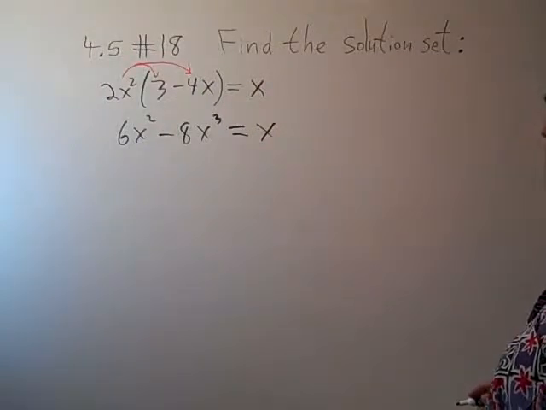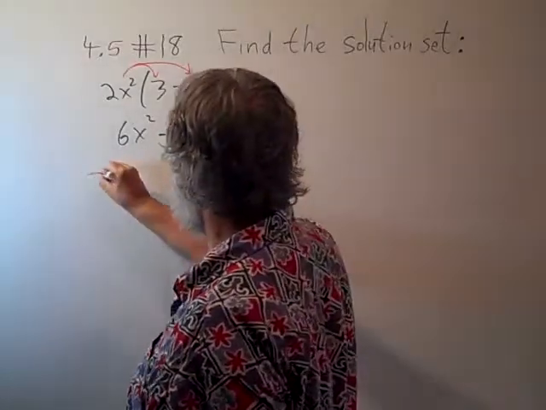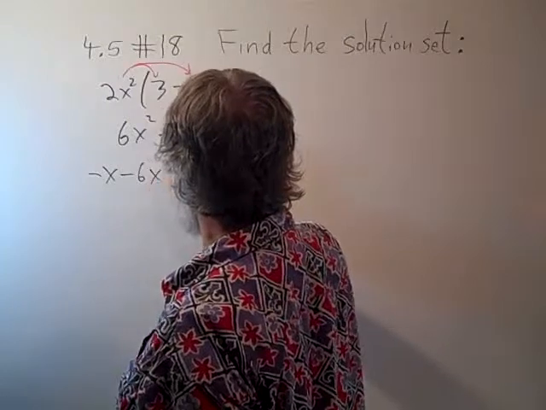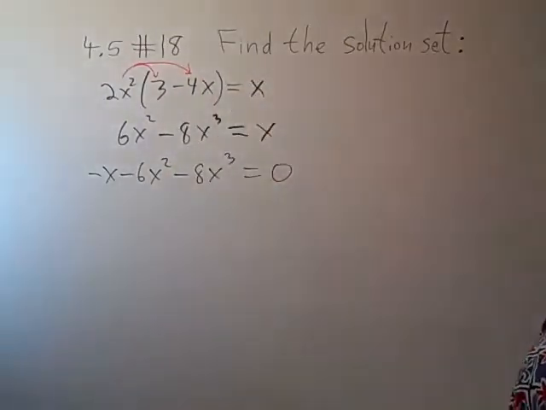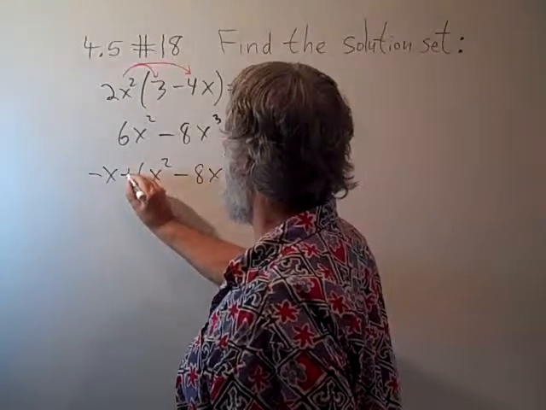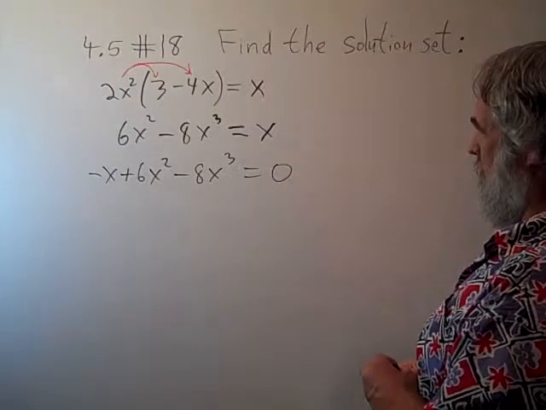So let's bring all the terms to the same side of the equal sign. I'll just subtract x from both sides. So we have minus x minus 6x squared minus 8x cubed is equal to 0. So this is a plus 6x squared. Sorry, we just subtracted x from both sides. So now